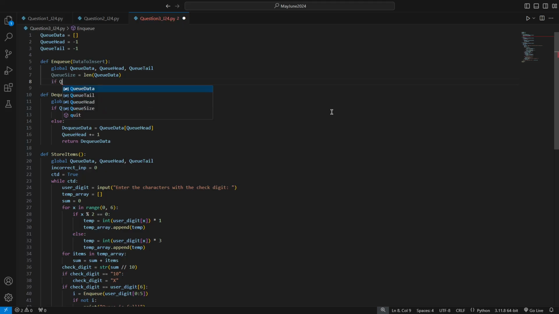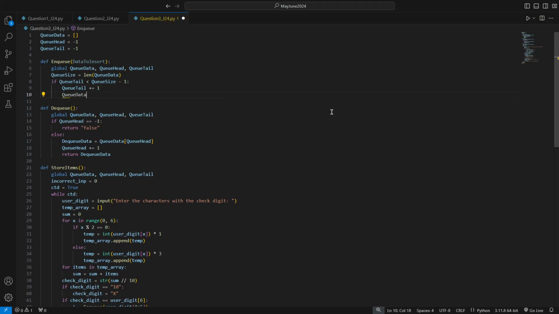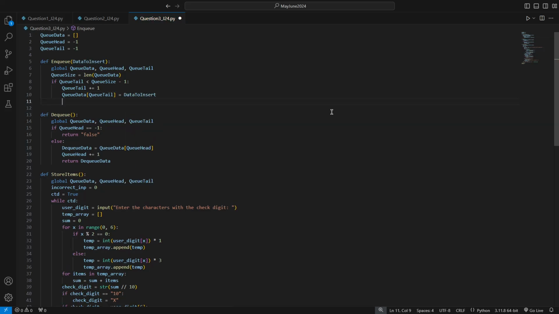So what we want to do is if Q tail is less than Q size minus 1, then we want to do Q tail plus equal to 1, Q data being Q tail, data to insert, and